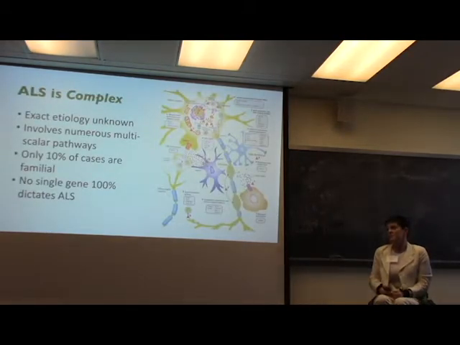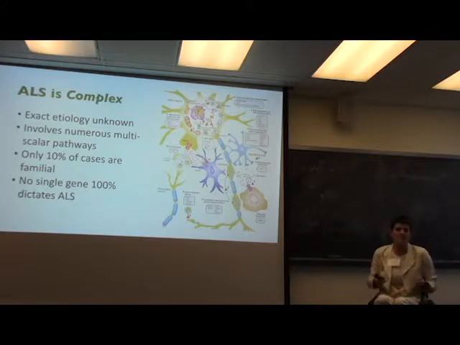All right? So one thing about ALS is, unlike a lot of diseases, and especially cancers where one point mutation is what causes disease, that's not true of ALS. There's no one gene that's like, if I have this gene, I'm going to get ALS. We actually do have what they call an ALS gene, but ironically, only about 15% of patients have the ALS gene. And even people who have the ALS gene are not guaranteed to get ALS. So it's kind of odd.